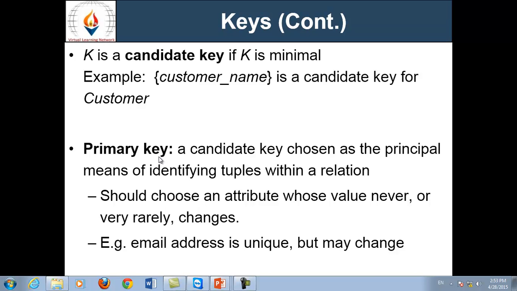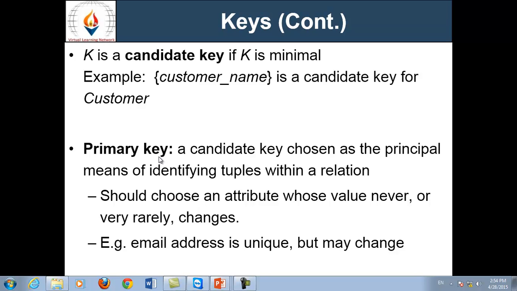Then roll number is a unique identifier, and contact number can also be unique for every student. Then we can make roll number as well as contact number of a student a primary key. It means these two are the candidates that can become a primary key.